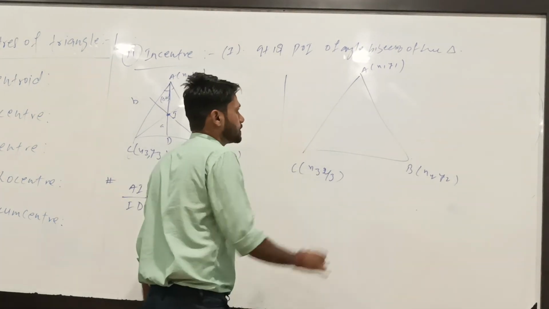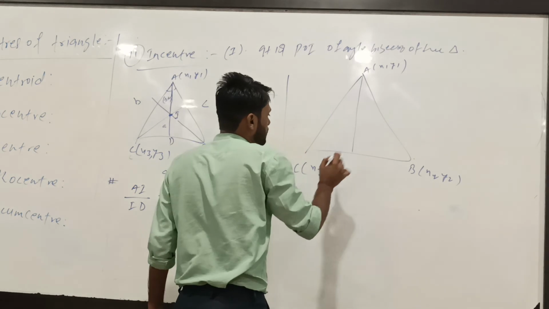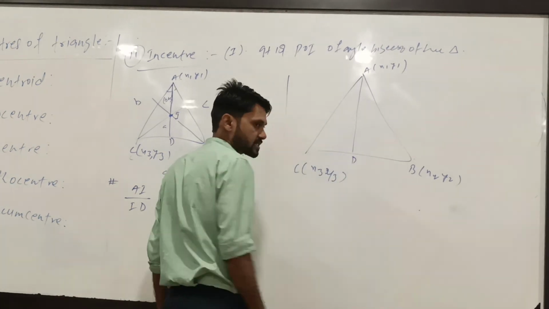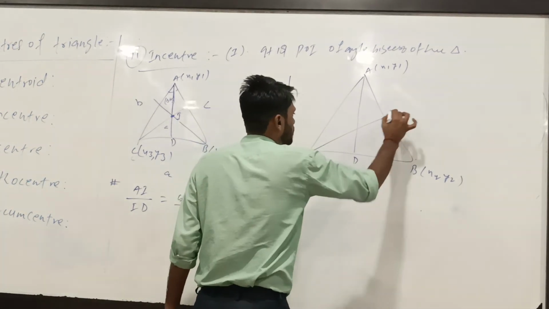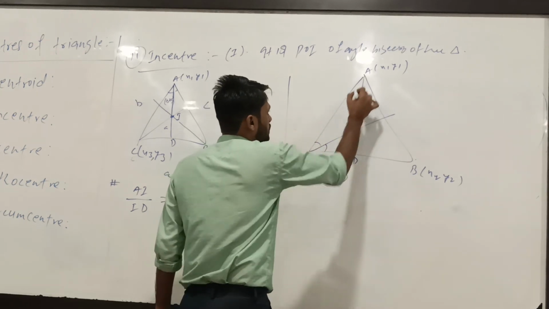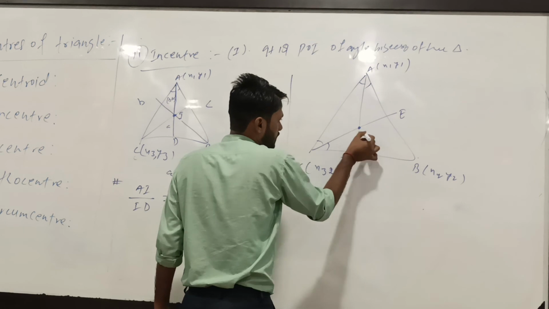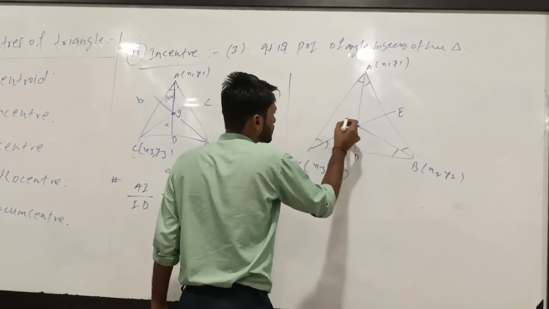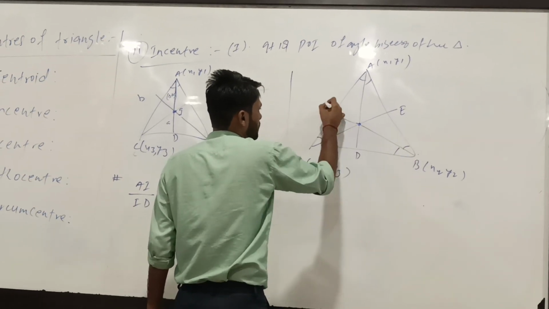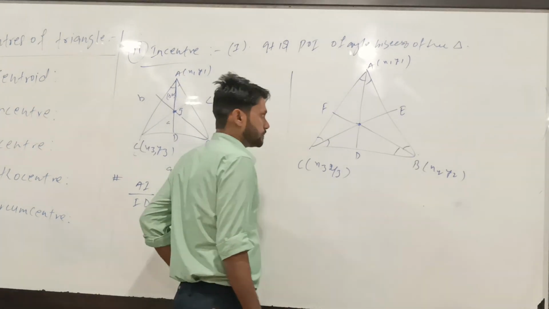This one is the angle bisector, this point is D. This one is the other angle bisector, this is E, and this one is the other angle bisector. Suppose this is DEF. Okay, so I am taking